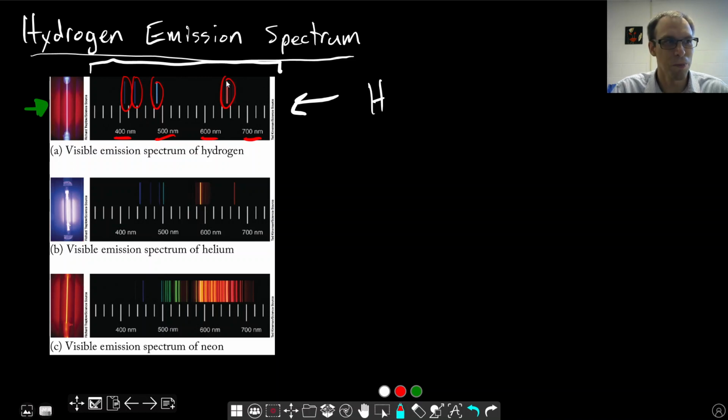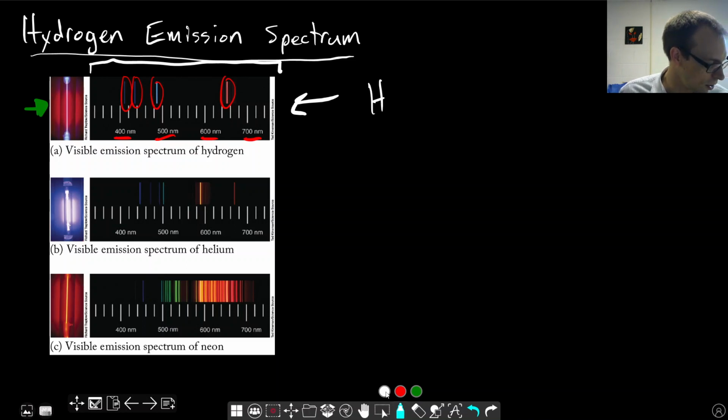Over the course of decades, and probably over a century, people worked on this on and off. Some of the scientists looking at this were not even full-time scientists. One of the first was a school teacher. Different people tried to puzzle out why it looked this way, and what the relationships were between these different wavelengths that we observed. One of the first things discovered was by Johann Balmer